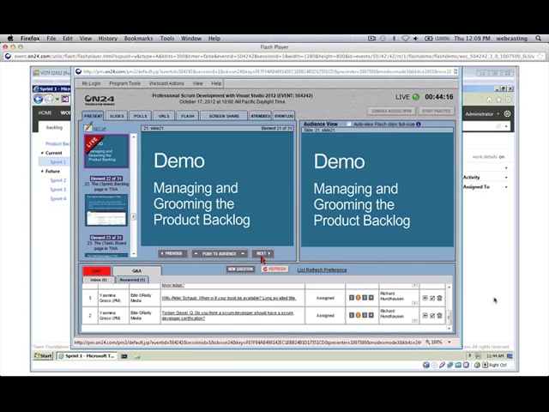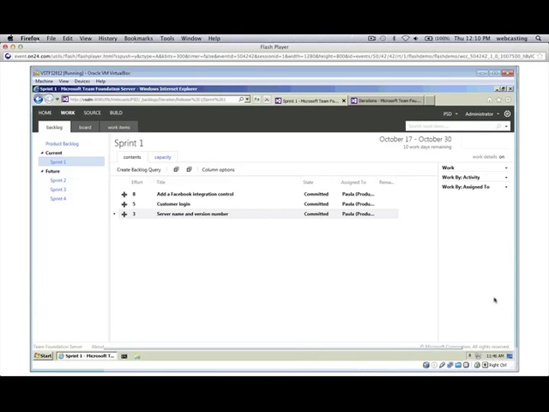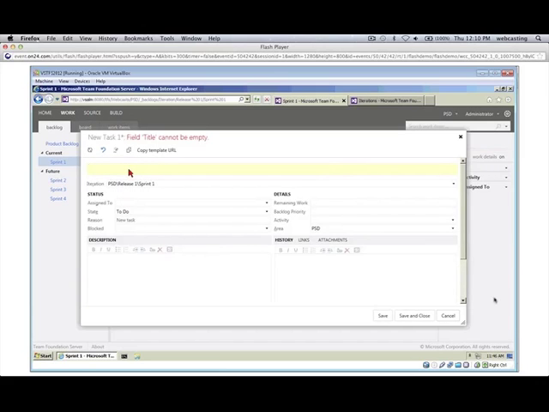So let me bounce back over here and just show you those couple items. Okay, so here it comes. Now, I could have run the Scrum Robot and had it add all my tasks in here, but I just wanted to show you it's not hard at all to add tasks. In fact, this big plus sign here is a way to quickly add a related task. So maybe for this, we need to research free open source libraries. And maybe we don't assign that to anybody, or maybe we do. I don't have a very interesting team here, as you can tell. But it's okay to have task work items not assigned to people.